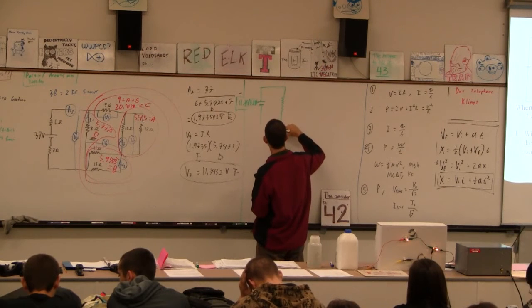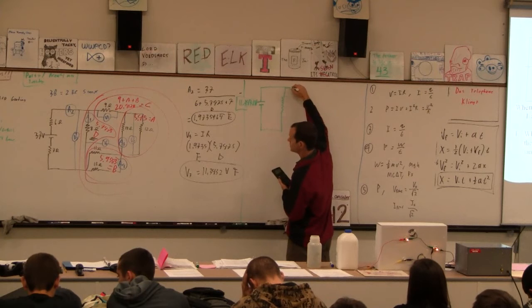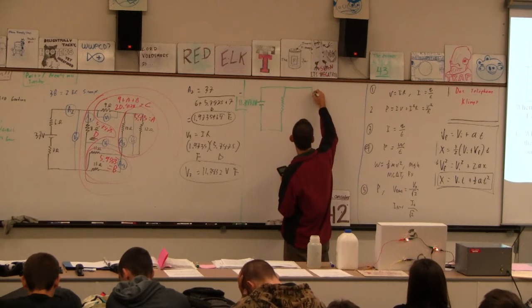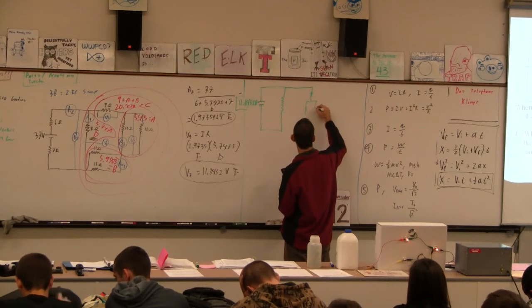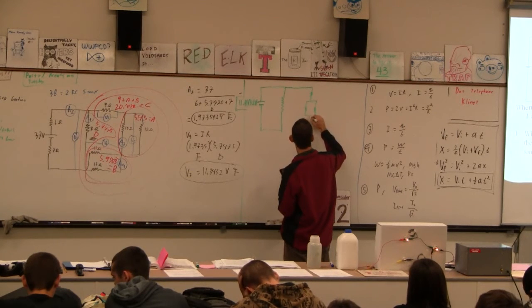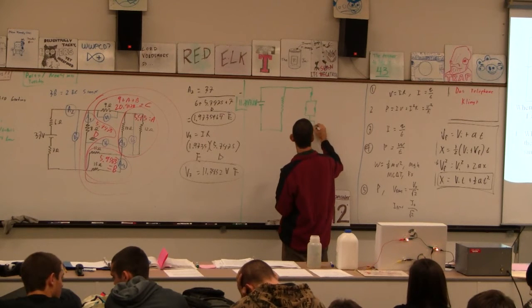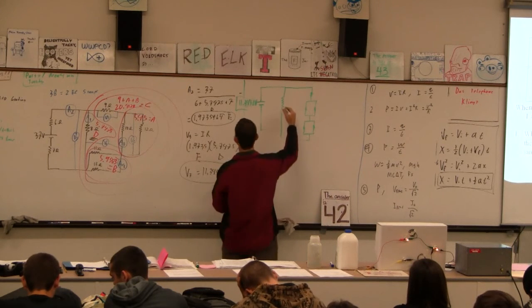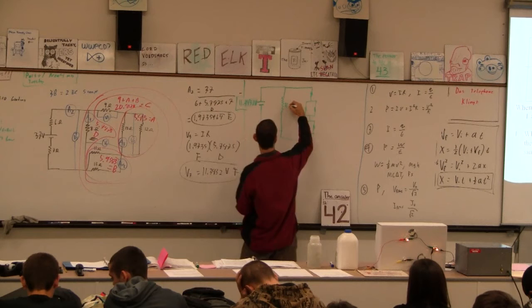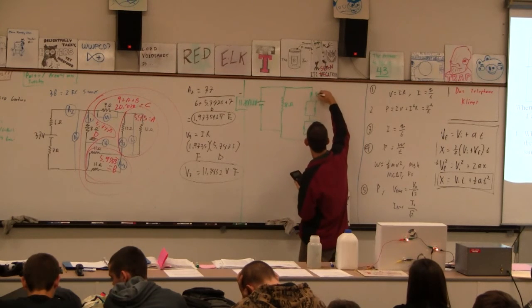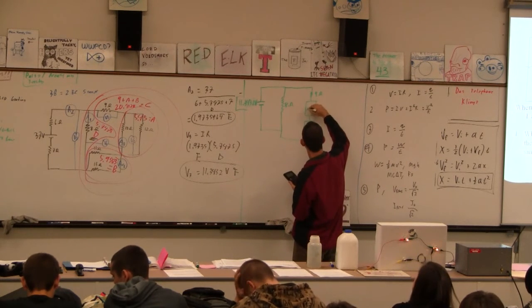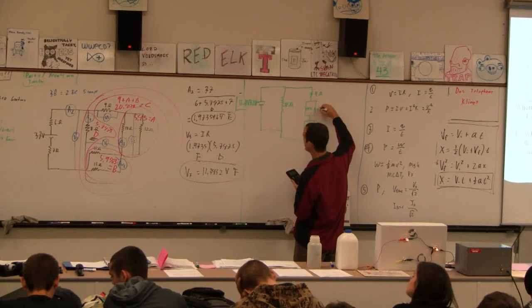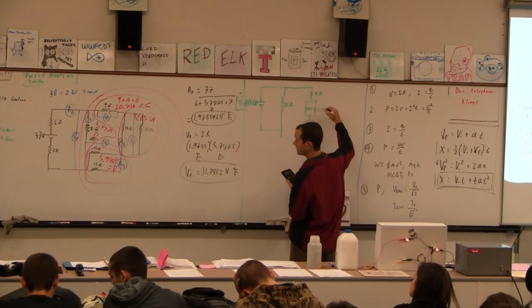Wow, that 8 got really carried away. Okay, and then it's across a 9, and then there we go. All right, so this guy, I don't know why my 8 got so carried away. Sometimes they just do. Okay, then this guy is a 10, 11, or 12 ohm. Then this guy is 11,